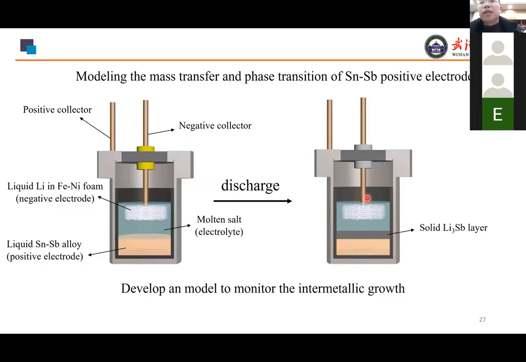The solid phase has such a great influence on the performance of the liquid metal battery, especially its growth may lead to the reduction of the distance between the positive and the negative electrodes, and even cause the battery to short circuit. So it's very important to monitor the solid layer growth process during discharge. Therefore, in this part, we attempt to investigate the generation and the growth process of the solid layer by numerical